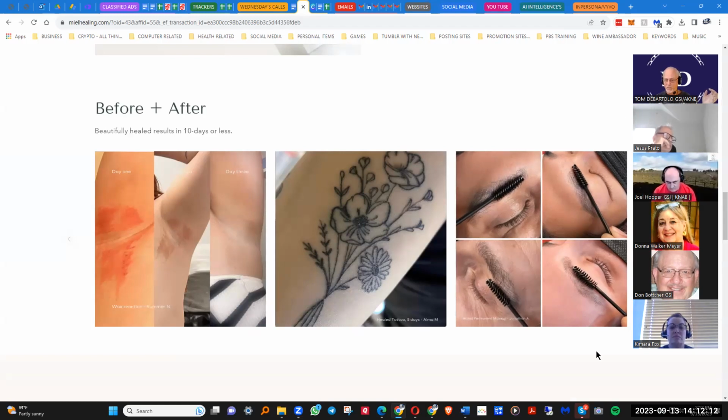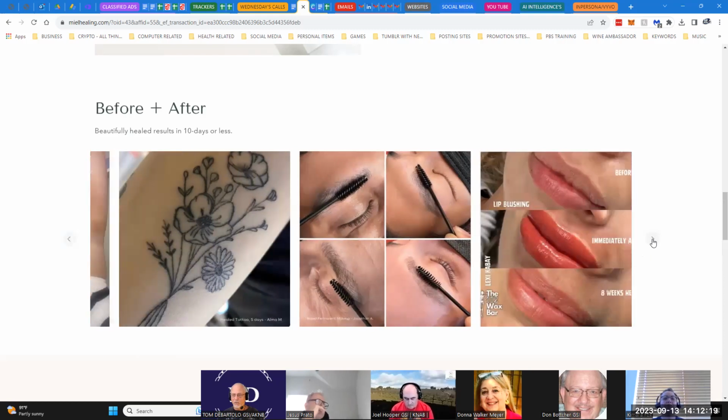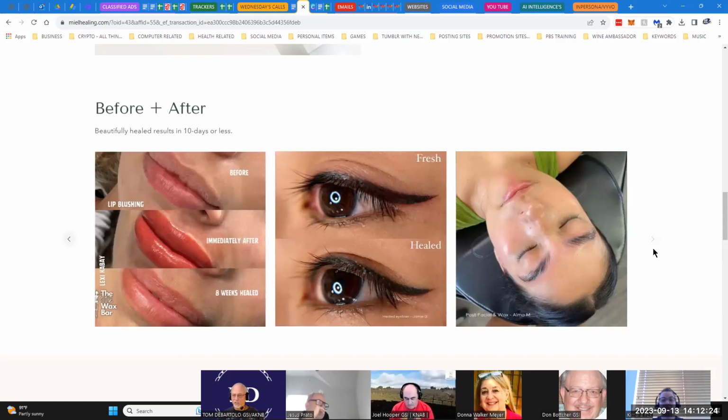I have to move. There you go. See? When you go to the site, you have all these nice little photos, and you just click around the whole site. You always want to get yourself familiar with the site anyway, so you know what the product is, and then you can write a page on it. This is not one that you get with your original template when you first start, so you won't find this in your template. But this is a page that you add to it.